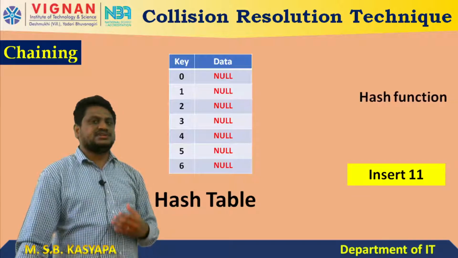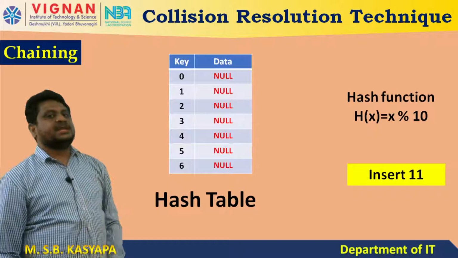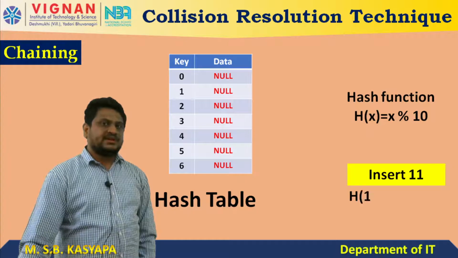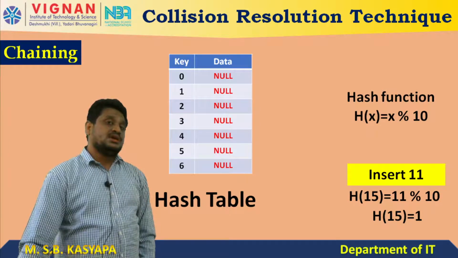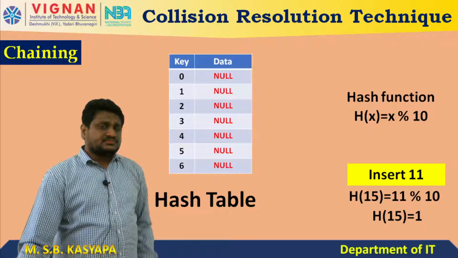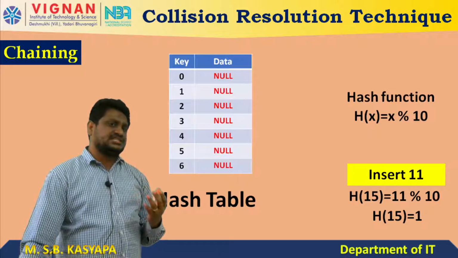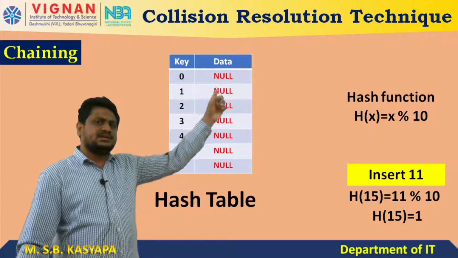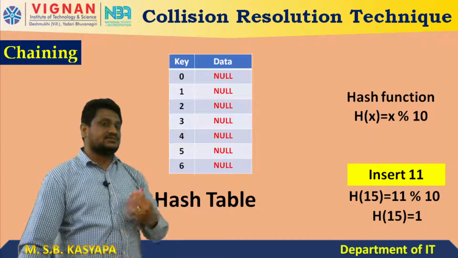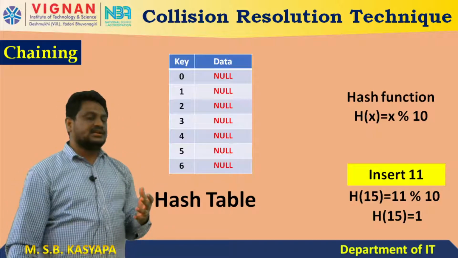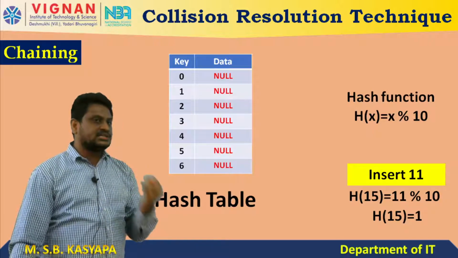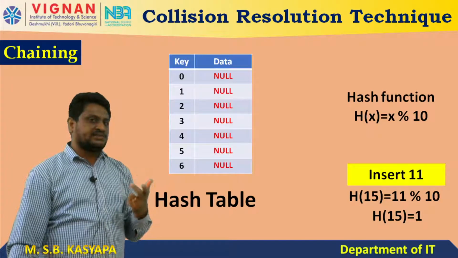So my hash function is h(k) = k mod 10. Now I want to insert 11. So 11 by 10 gives remainder 1. So I have to insert 11 at 1. Now, it is chaining. If it is not chaining, it is the normal method, then simply here at this place I will insert 11. But I am using chaining, so first it must refer to the linked list. In a linked list, if I want to insert new data, first I have to create a node. Am I right? First I have to create a node.